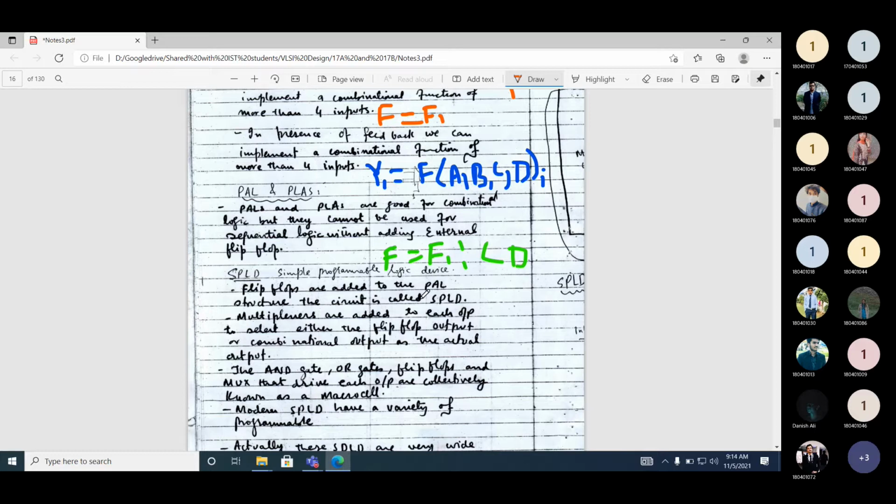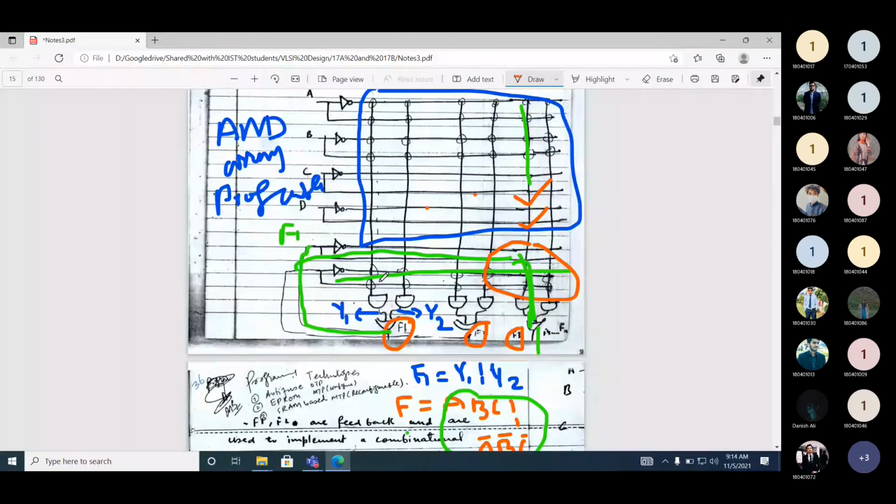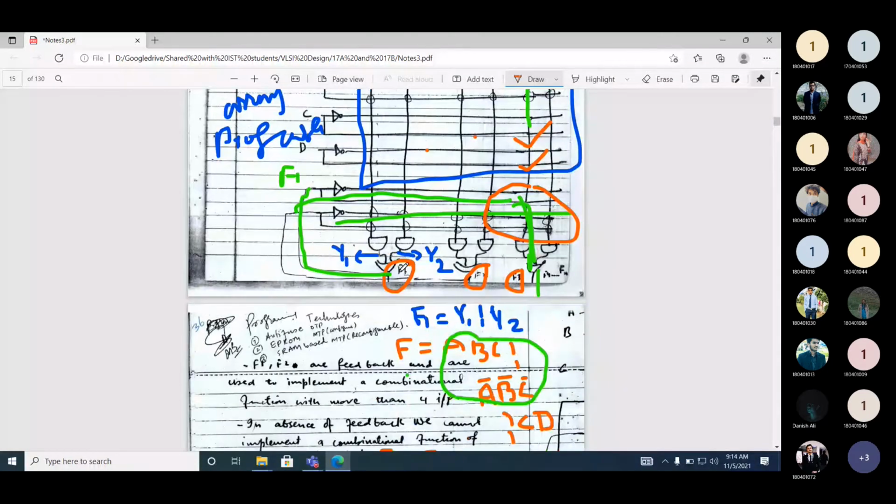Now let's assume we have a programmable AND array and a fixed OR array. With this fixed OR array, there are 8 inputs. Then how many minterms will be implemented? 8 inputs, 8 minterms. Now just see here, there is an OR gate.